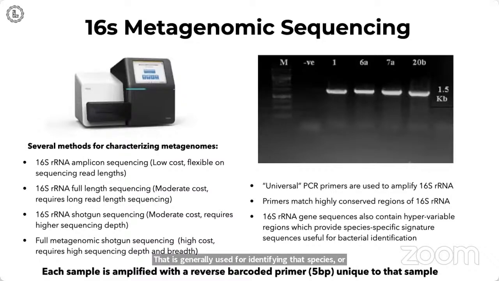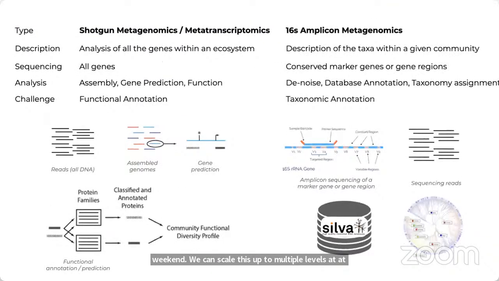entity. The benefit of this amplification is tied to the nature of sequencing read length, which can maximize the effective output from affordable sequencing technology. Or in other words, since we are not sequencing the whole genome of the microbes, we are only focusing on a specific portion of the genome, we can scale this up to multiple levels at an affordable sequencing rate. So the general differences between what one can achieve from shotgun metagenomics or metatranscriptomic sequencing and amplicon based